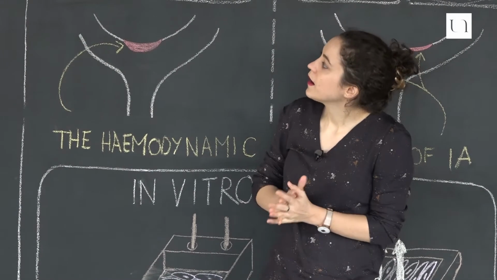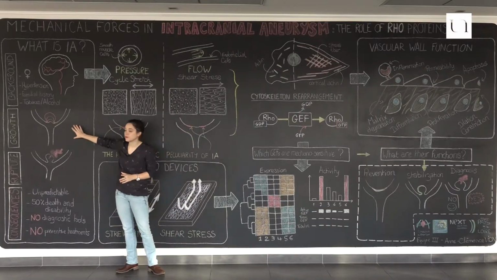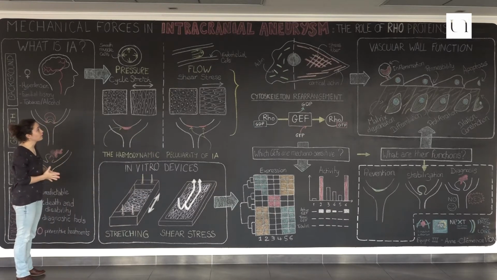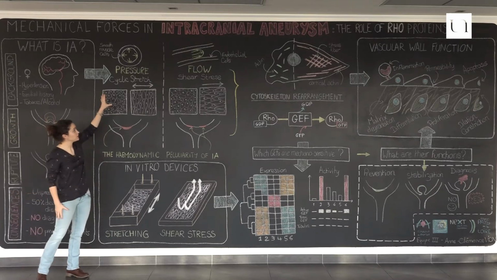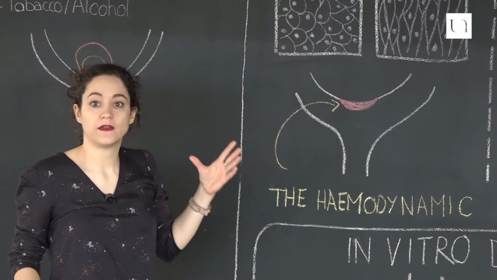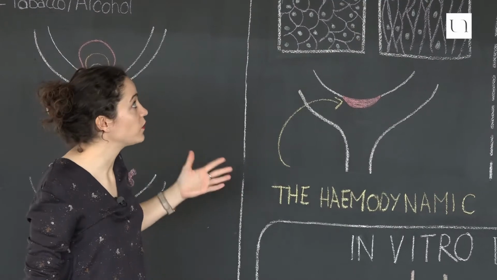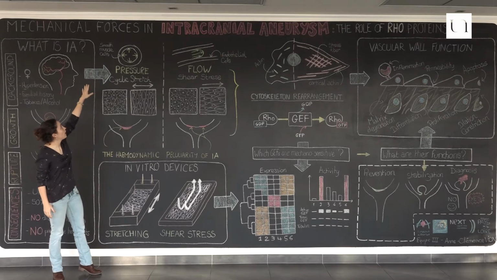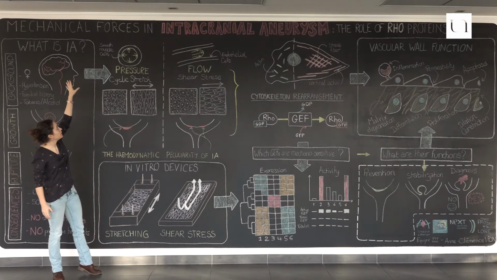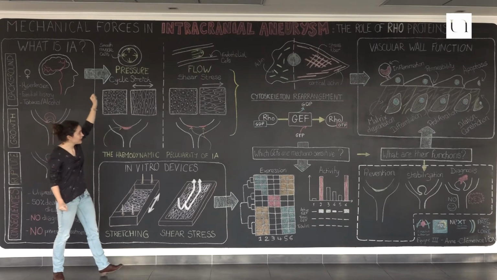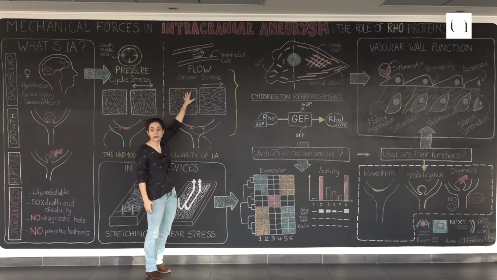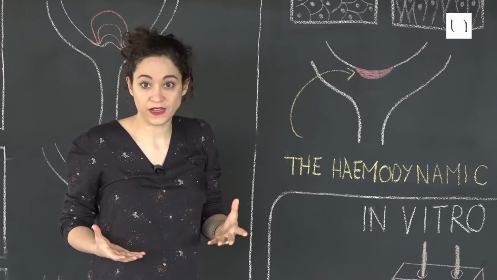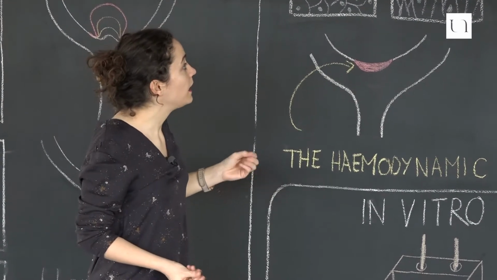And one other factor that really contributes to the formation of these aneurysms that I didn't mention yet, and is the focus of my project, is the hemodynamic changes. So basically in the vasculature you have two forces, the pressure that generates a stretch of the vascular wall and that is mostly sensed by smooth muscle cells, and the flow that generates shear stress on endothelial cells. And these forces are usually beneficial for the vascular wall, but